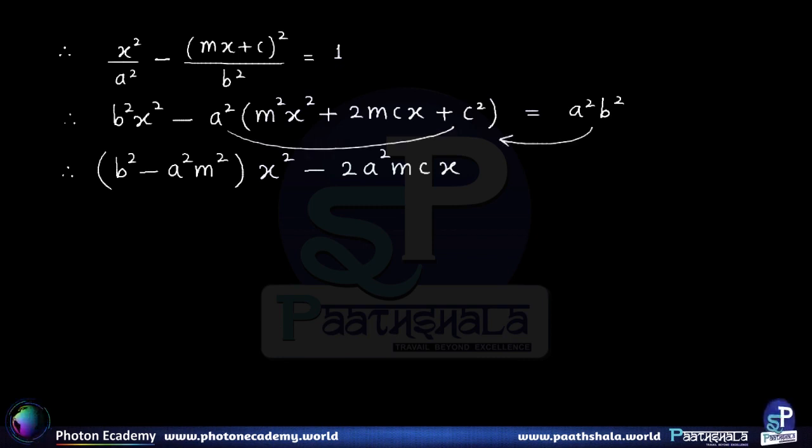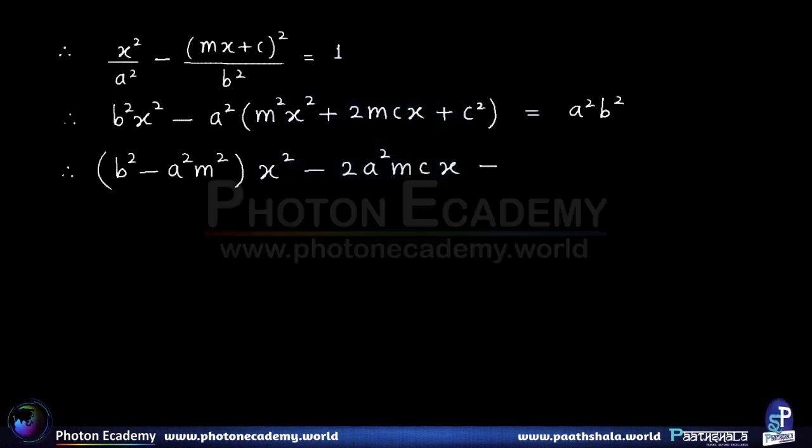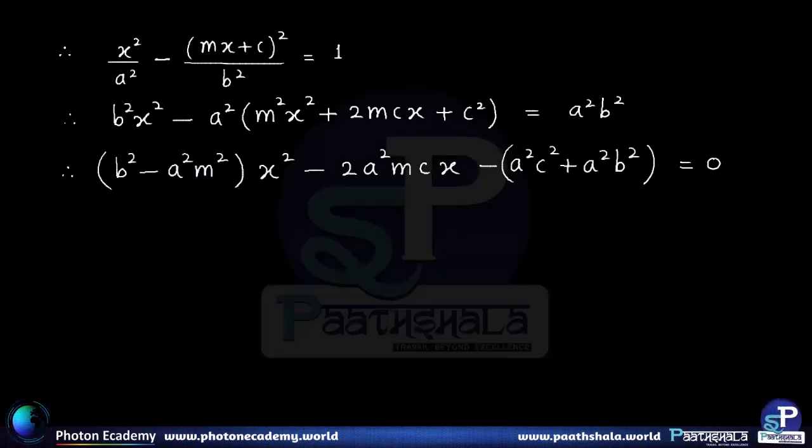So a square b square is brought to the left, and that is clubbed with minus a square c square. So here we have minus a square into bracket c square plus b square, equal to 0. Right. So this is a quadratic equation in x,